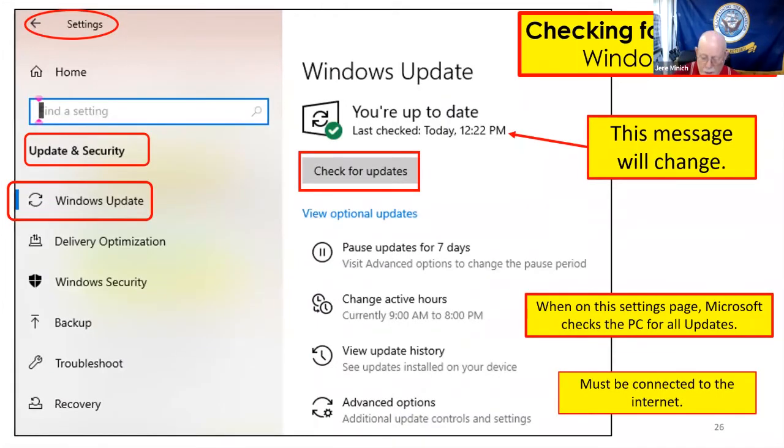So now I'm in settings again. And I'm in update and security, and I'm right here at Windows Update. And you see this kind of display. If you click on check for updates, and there's an update there, it will start and it'll download onto your PC. So be careful about just clicking on check for updates. And what I mean by that is simply